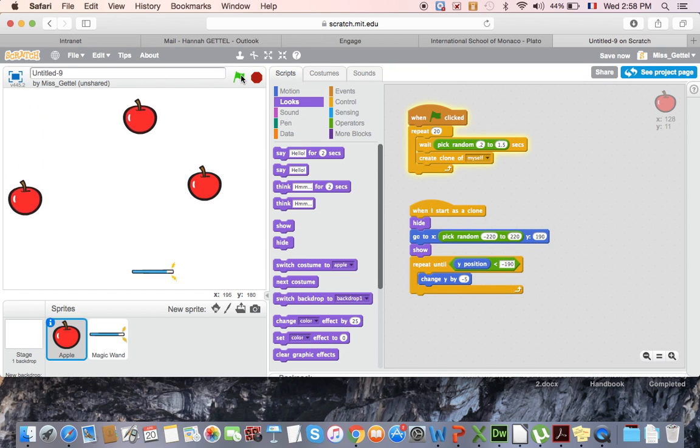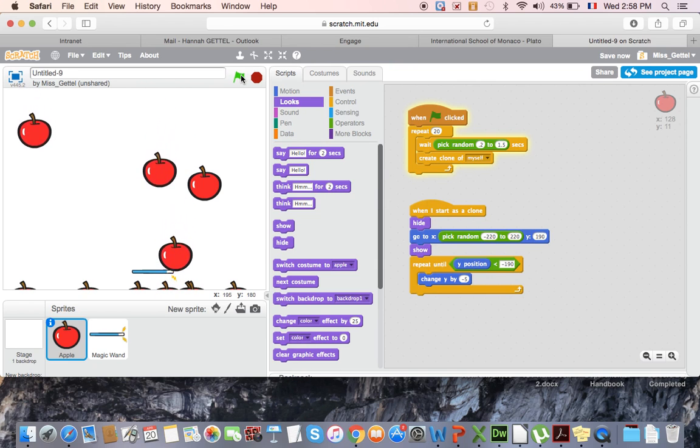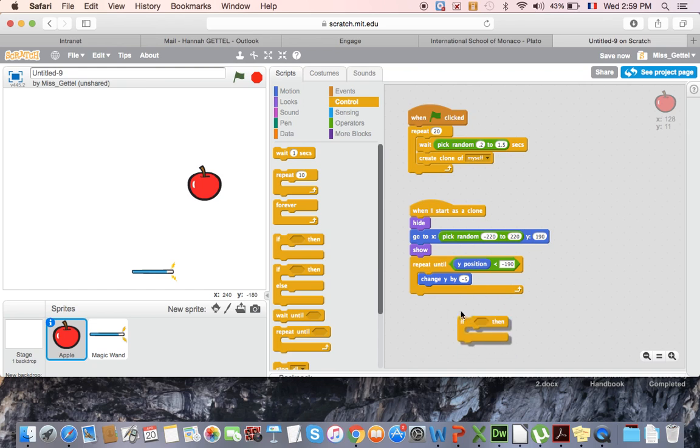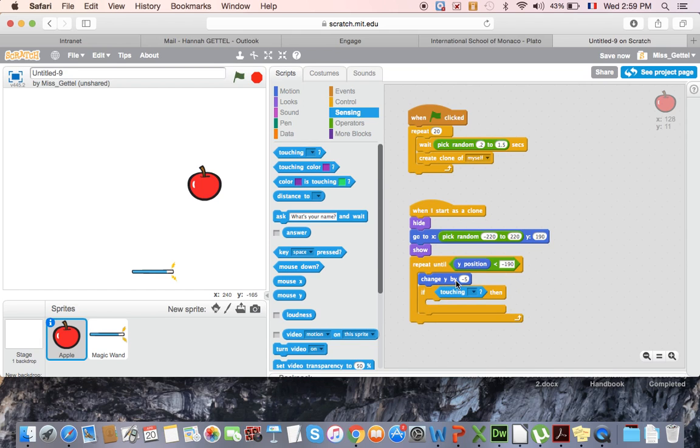So now my apples are randomly falling to the bottom of the screen. Lovely. Okay, so I'm going to stop that now. Okay, so in this loop, repeat until the Y position is less than minus 190, I'm going to have the instance whereby if the apple is touching the magic wand,